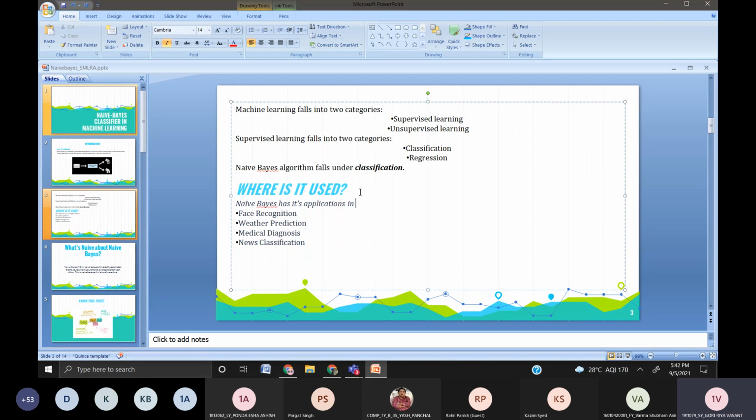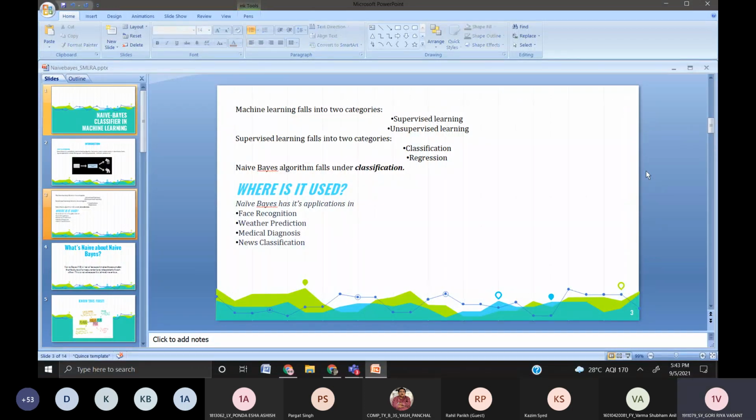be good or bad based on different parameters like temperature, and it will just tell us the probability if it will rain or not. It can be used well for medical diagnosis, where doctors can diagnose a patient using the information that the classifier provides. Healthcare professionals can use naive Bayes to indicate if a patient is at a high risk for certain diseases like heart disease, cancer, and other ailments. Also, it's used for news classification, where Google News recognizes whether the news is political, world, domestic, and so forth.